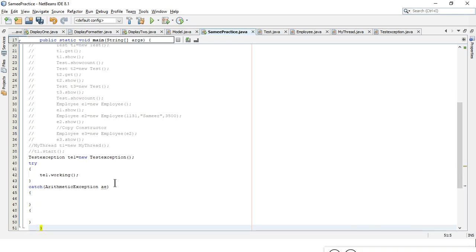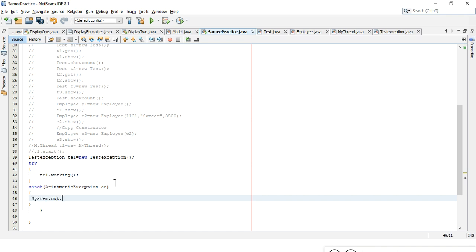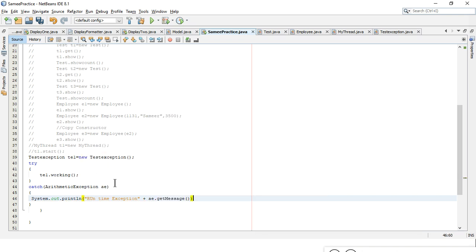These are multiple brackets, so let's print a simple message: runtime exception plus ae dot get message is the method.